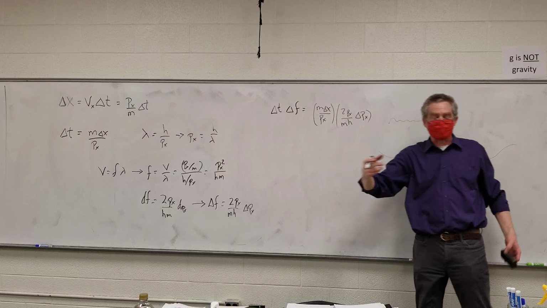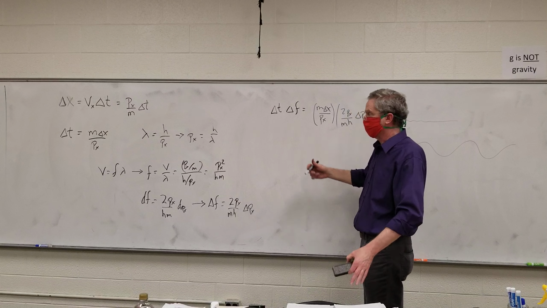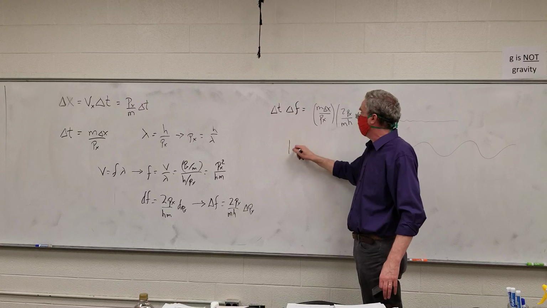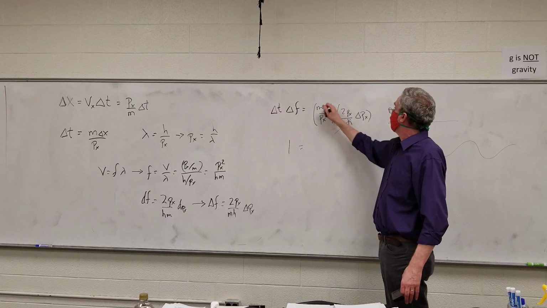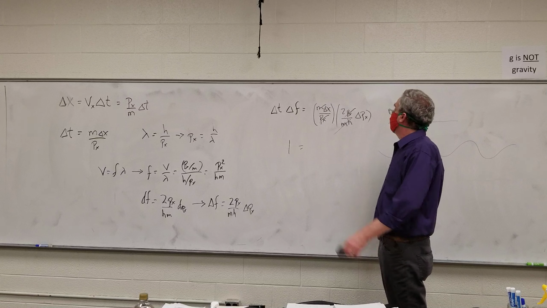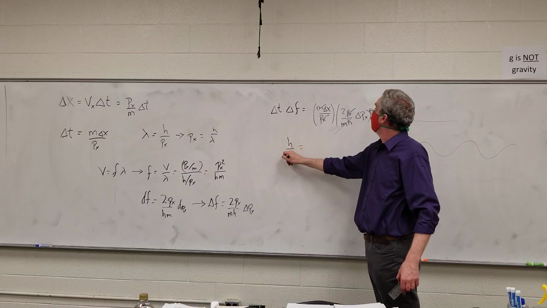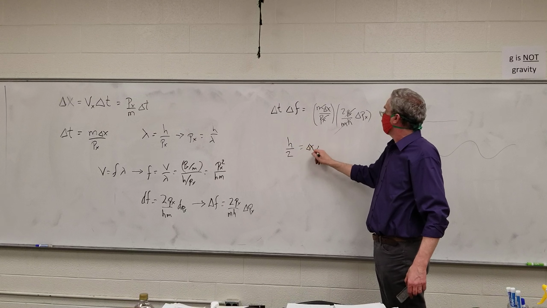If we think about frequency and period as reciprocals of one another, again, this is just a quick and dirty derivation here. Again, 1 is equal to, well, m cancels out, px cancels out. I'm just going to take h over to the other side. So again, h over 2 is equal to delta x delta px.